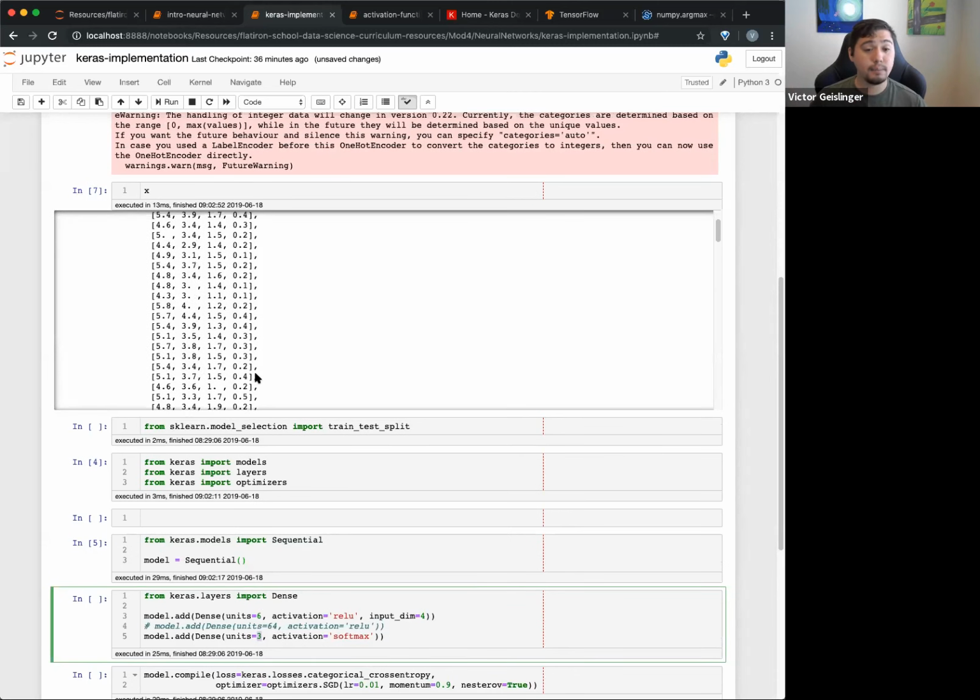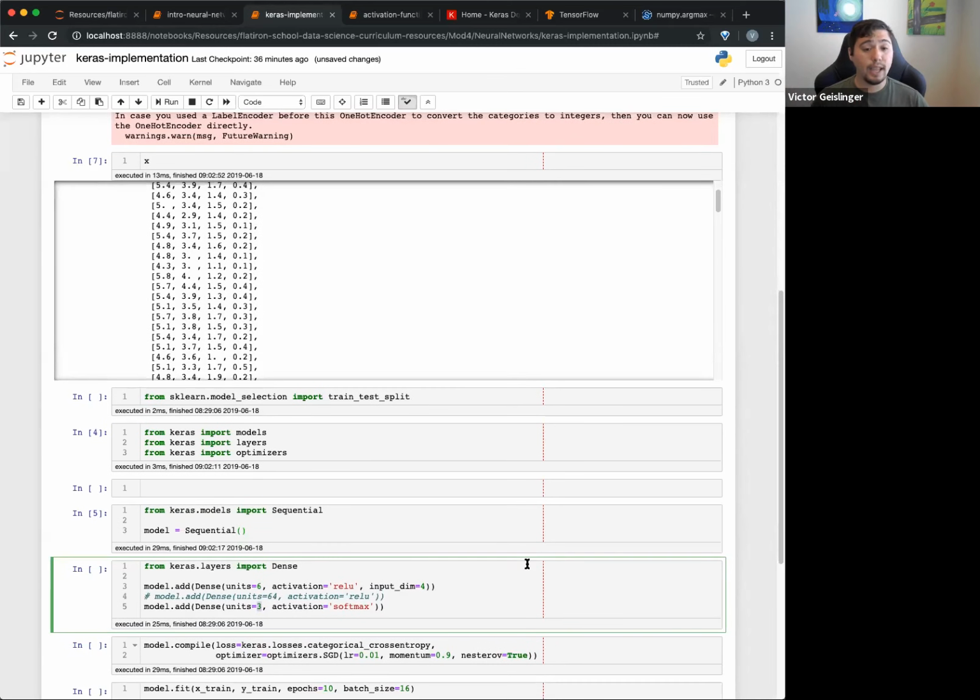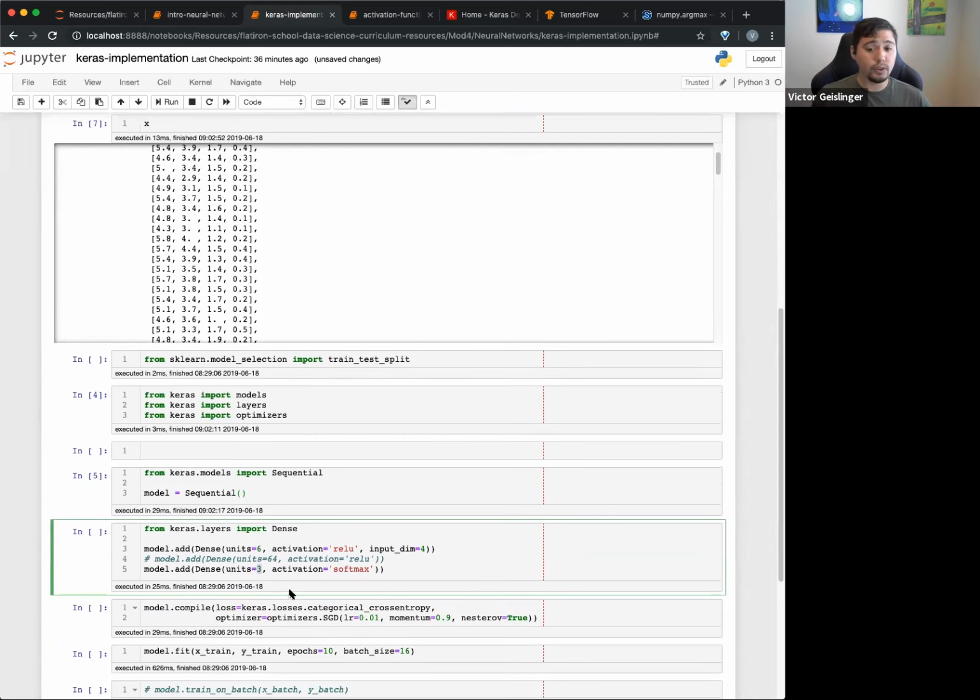If you had the number of digits, like handwritten digits, 0, 1, 2, all the way through 9, your units would be 10. So that means the output basically would have 10. And you can see here, I have the softmax function basically saying which one's going to be the one that we actually classify it as. We're basically squishing everything down. And again, you can see the activation, I just used ReLU.